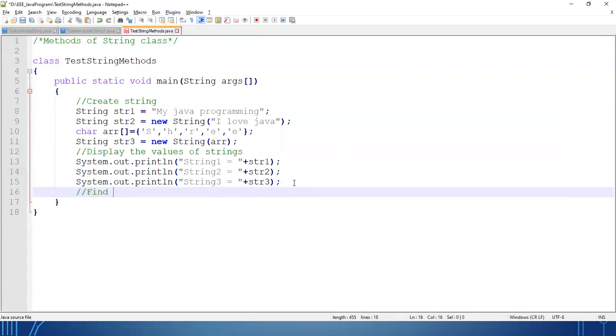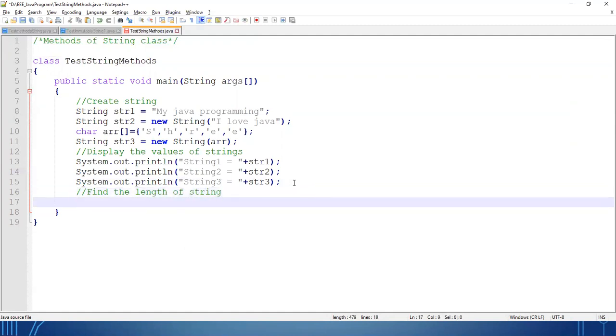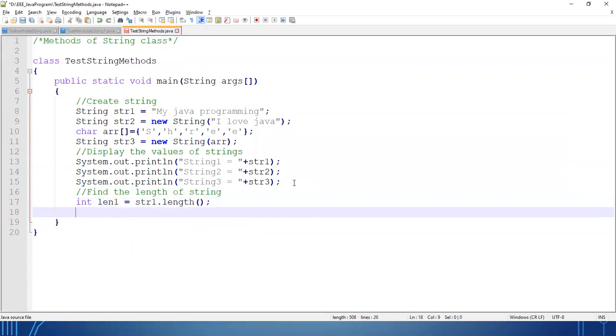So one method I'm using is to find the length of a string. Integer len equal to str1.length.